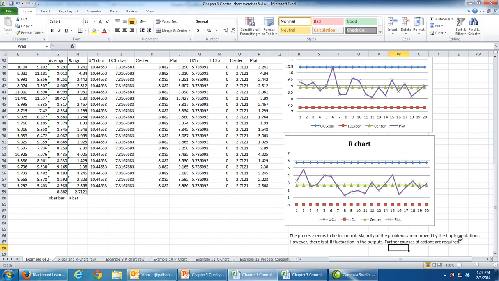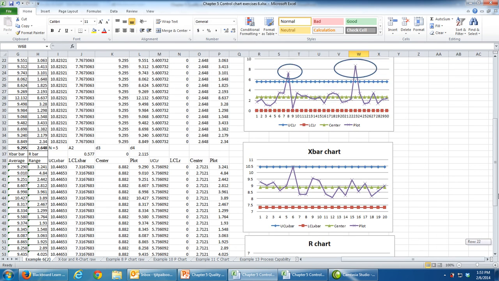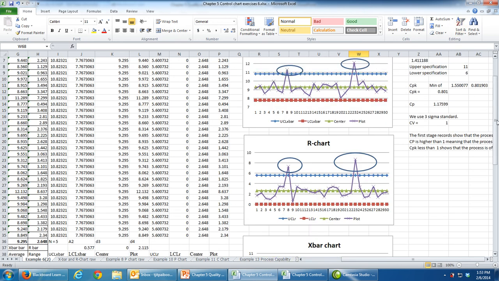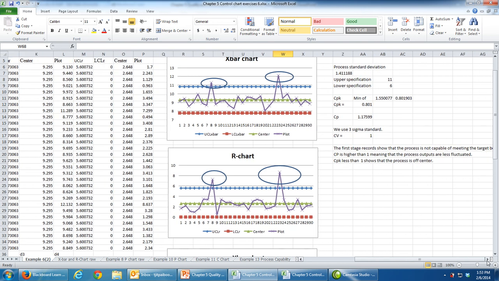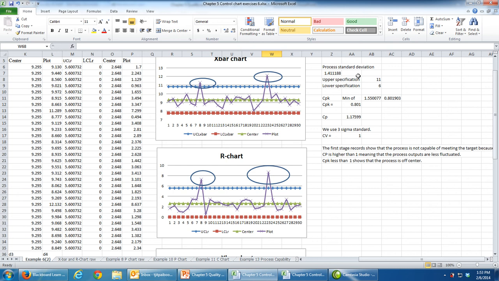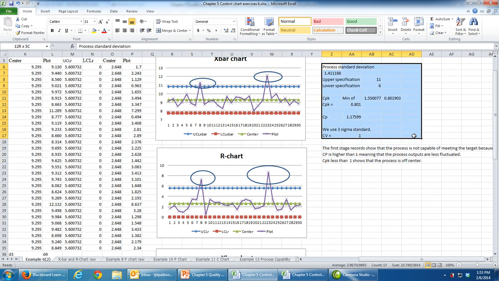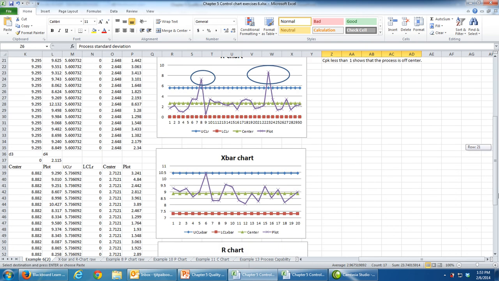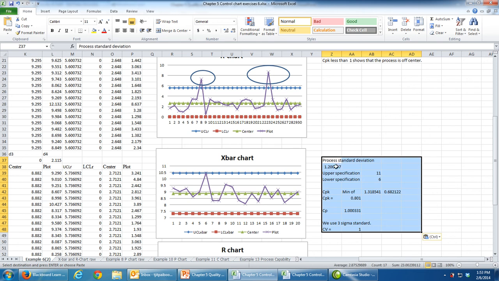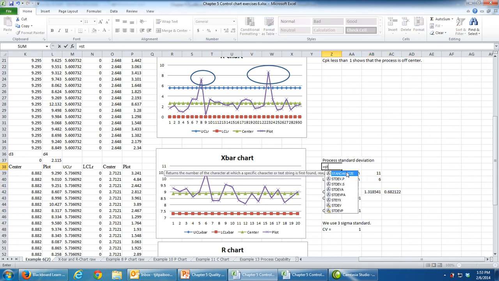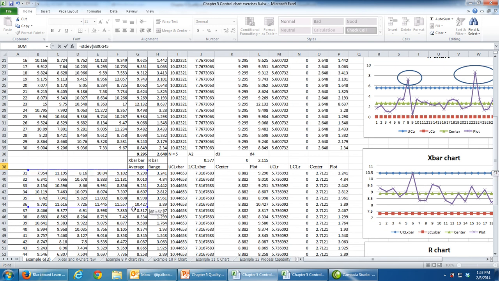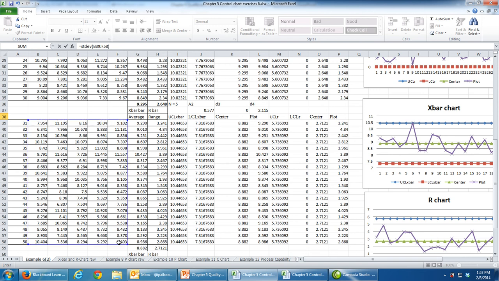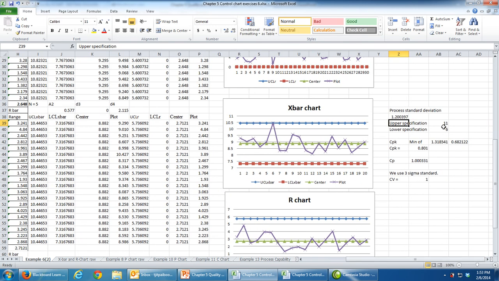Okay, and also don't forget to evaluate the CP and CPK the same way. So you should be able to evaluate. Let me make a copy of that part. Okay, so for the second stage we're going to reevaluate the CPK. So I'm going to conduct STDEV with different records there. Now let's see. The upper and lower still stay the same. So I'm going to point that to